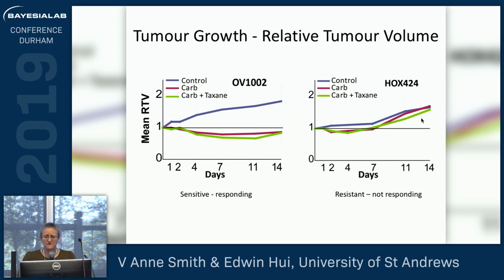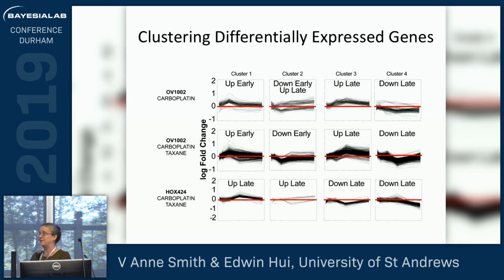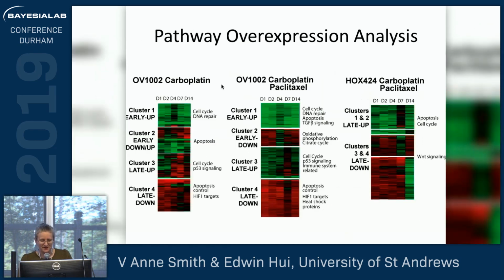And then this is the type of standard bioinformatics we did on that. We did some clustering of the paths of these differentially expressed genes and identified them. And you might see here some of these clusters actually look like they're more than one cluster. I'll come back to that in a little bit. And then we use pathway overrepresentation analysis to find pathways that are overrepresented in these different clusters, and then we hand those over to our biological collaborators who find that really interesting and want to go study those pathways.